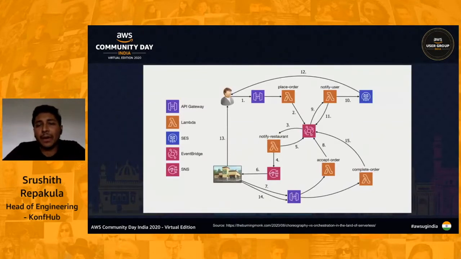Now, this is a simple example of, let's say, when we are ordering on Swiggy, or on any food ordering application, right? What happens is a user places an order. The moment we place an order, the restaurant is notified saying that here is the order for you, you have to start preparing this item. And once the item is prepared, the user is also notified that the item is prepared. And then the delivery guy is notified. There's a bunch of process or flow that happens, right? So let's put it in a simple architecture diagram like this.